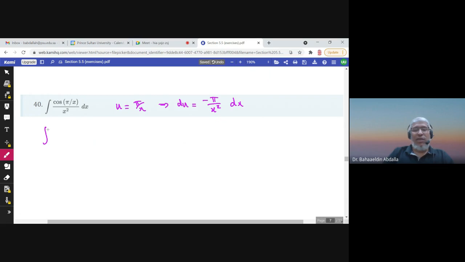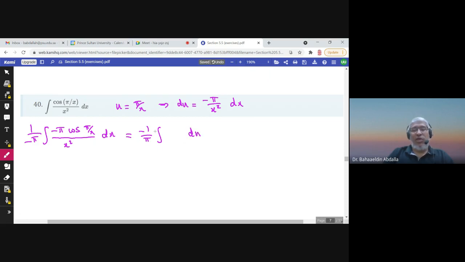I need negative pi. So here I will divide by negative pi. Now negative pi over x squared dx is du,